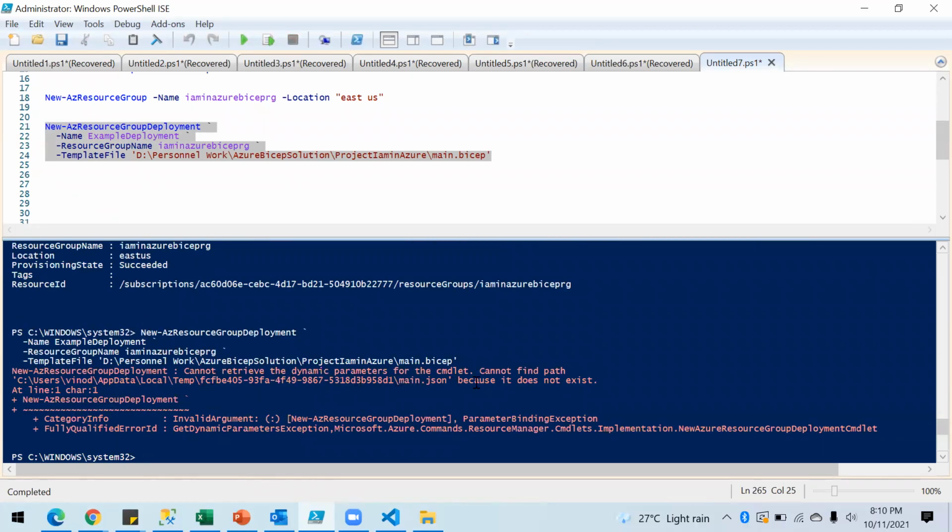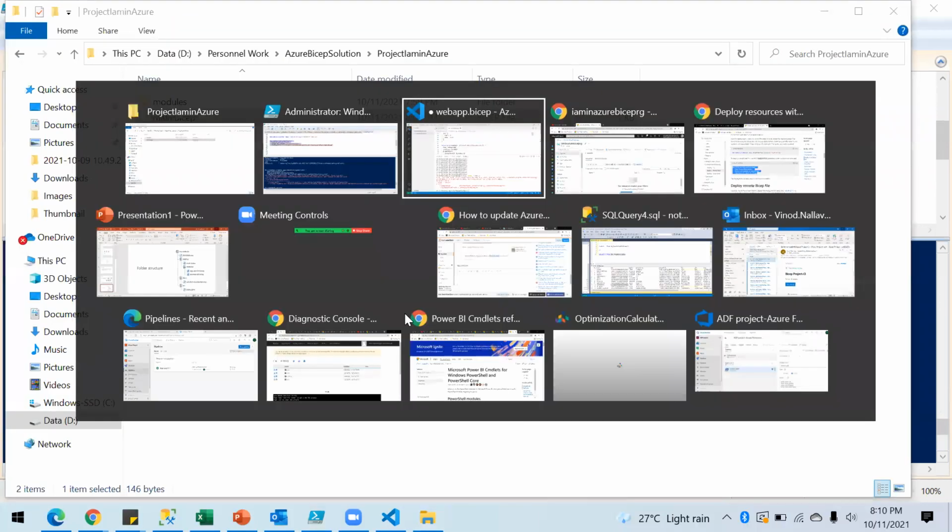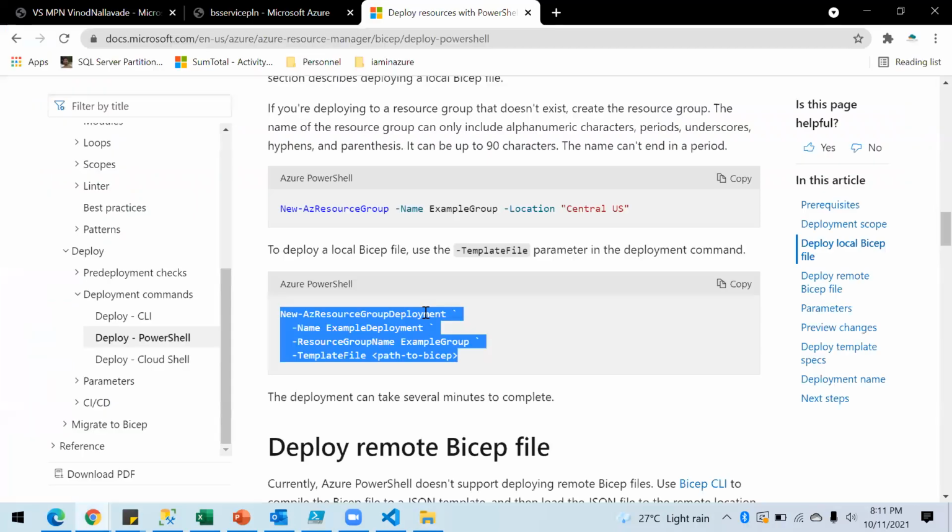Cannot retrieve the dynamic parameters because it does not exist. Cannot find main.json file. Okay, actually we need to build this.